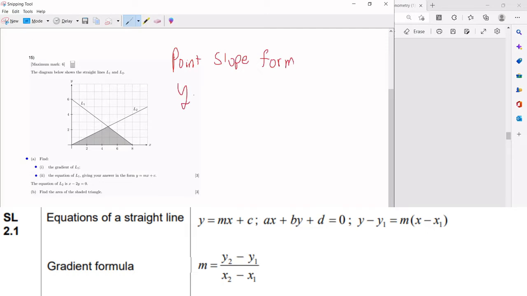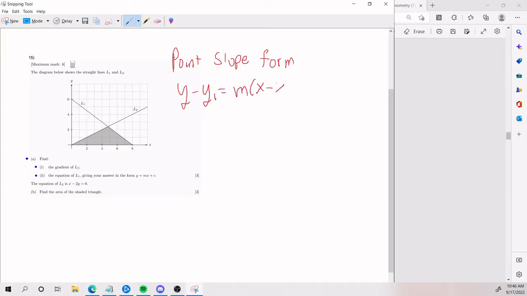Point slope form asks for y minus y1 equals m times x minus x1. So the things we need to get are a set of points, x1 and y1, and we also need the slope. If we get those three things, we can use this and get to that. That is the game plan right now. The tricky part in this problem is identifying which set of points I can even use in the first place. For m, my slope, my gradient,